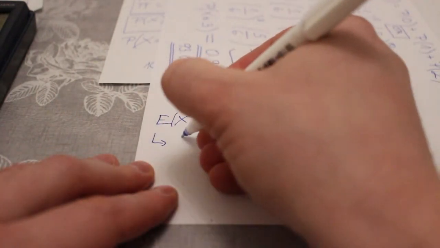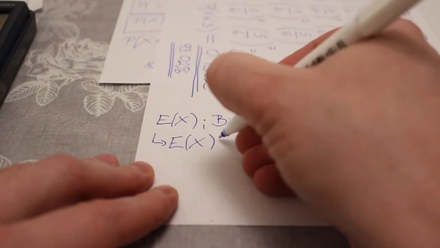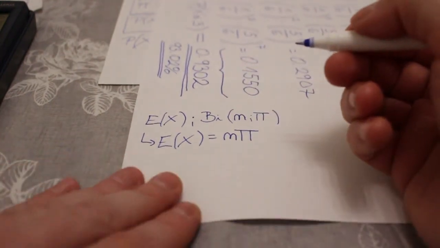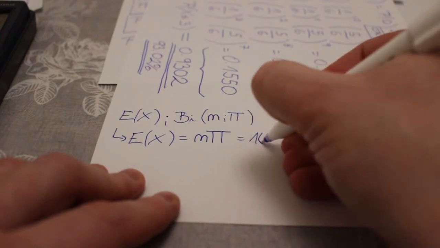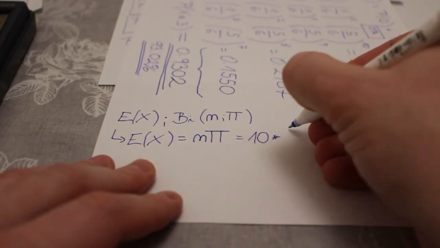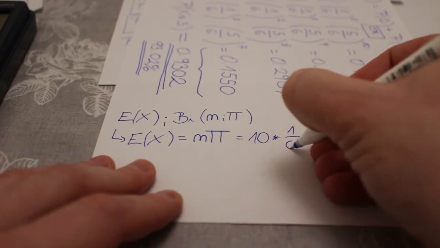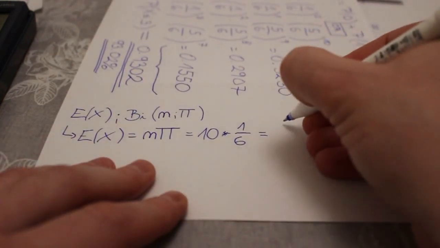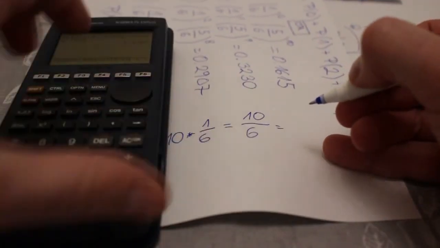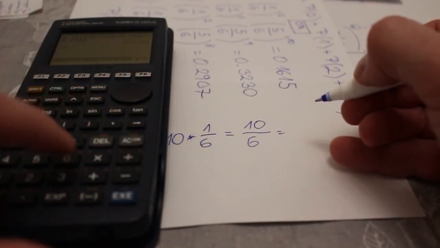So this expected value is calculated like n times p. In our situation, 10 dice thrown on the table multiplied by 1 divided by 6. The result is 10 divided by 6, and if you calculate this,